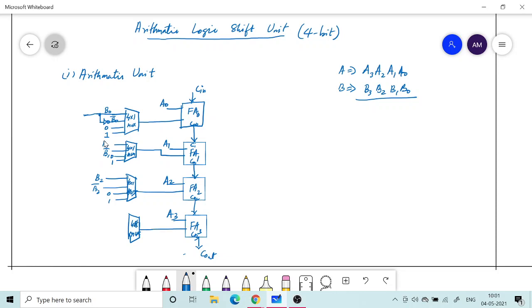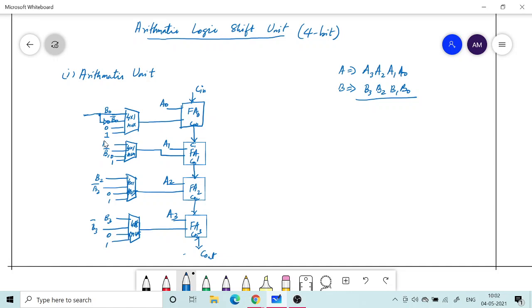Okay, so its output is given to the second input of the full adder, and here I have my second number's MSB, which is B3, and then I have B3 bar, then 0, and then 1. So this is how I give.